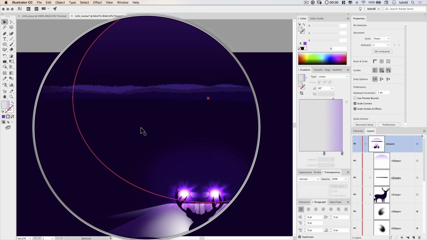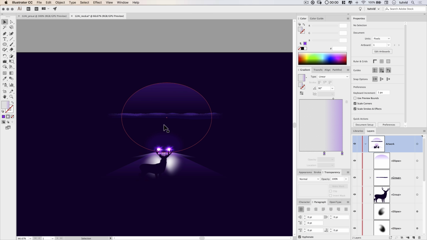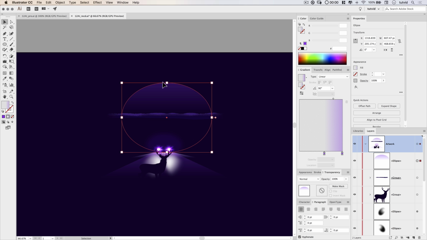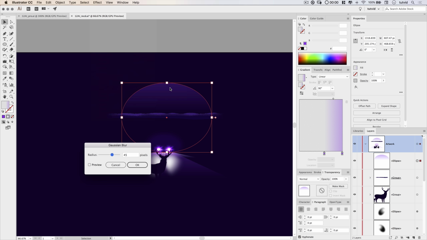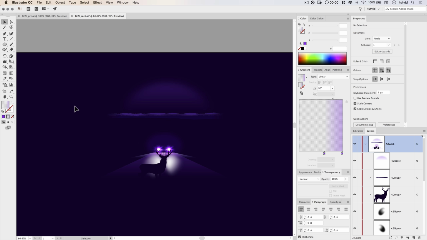Now, because it's all transparent down here, we really don't have to mask it off, but you could duplicate the mask for the trees and cover this up, and maybe we'll have to because we are going to be blurring this in just a moment. So let's try that and see what happens. Let's select that sky, go Effect, choose Blur, choose Gaussian Blur. We're going to blur this a lot, like 100 pixels, and hit OK. If we deselect, we can see, no, I think that still looks pretty good, but just bear in mind that there is technically shape down there.